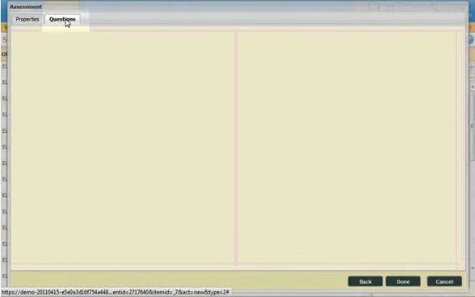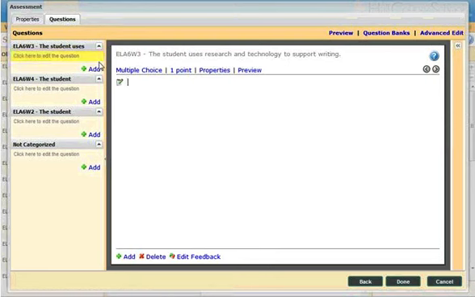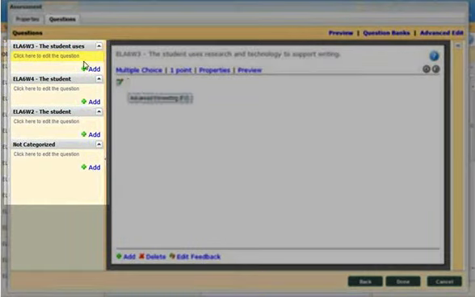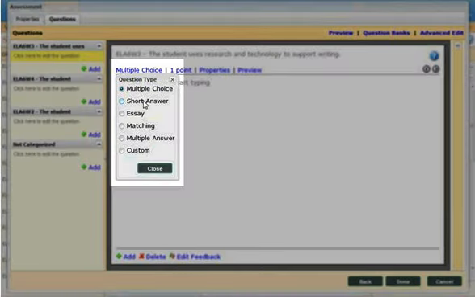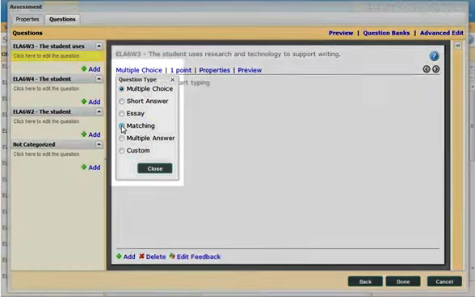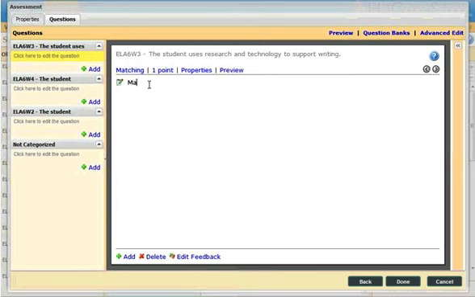Once you've set the parameters you want to have, then entering questions can be fairly straightforward. You'll notice that we align questions to the standards or elements, and I can simply start typing when I'm on the right quiz. So in this case, if I want to have multi-choice or a short essay, and so on and so forth, we'll do matching. So in this case, match the following items. And you can simply hit enter, and 1, and we'll do A as in apple. And we'll do 2, and the system would jumble these answers around